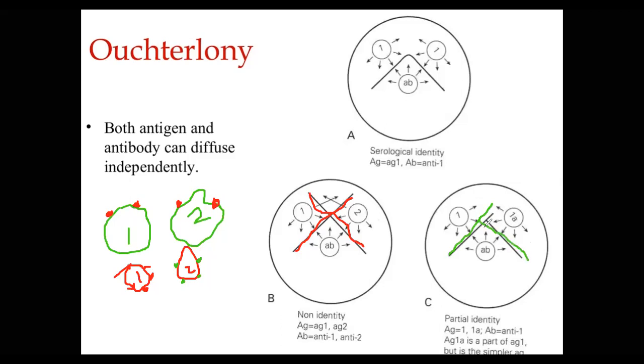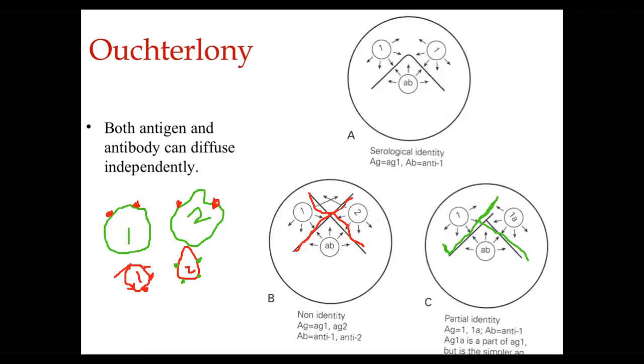precipitation. Okay, this antibody will bind to each antigen, and there are more epitopes in antigen number 1 which are identical rather than in this antigen. So it is less identical. It has fewer epitopes which match this antibody, but antigen number 1 has more epitopes which bind to these antibodies. So we get this line here.